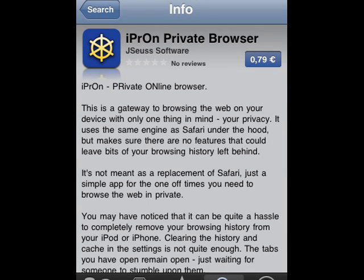And none of the browsers that offer that feature are very explicit about what that could be used for, but I found one that was very subtle about it. It's a browser called Private Online, and I'll show you a screen capture. They abbreviate it like this: IPRON. Yes. Does that not suggest what they think the browser is going to be used for? I thought that was very subtle, and I imagine that there's an Apple employee somewhere that has the job to see, can we accept this application into our iPod and iPhone App Store? And then he must have, I don't believe that he didn't realize why the name was as it was. So